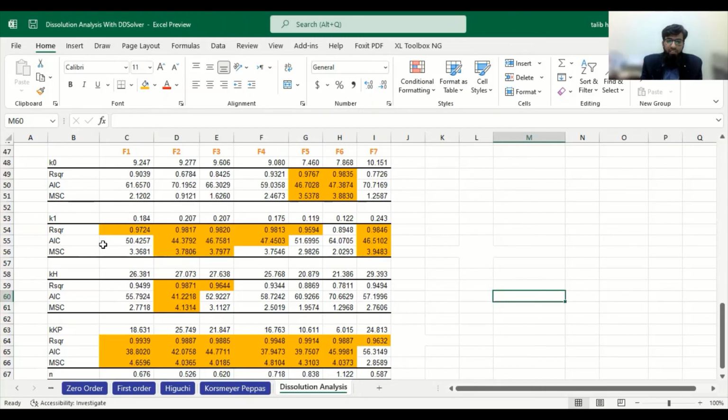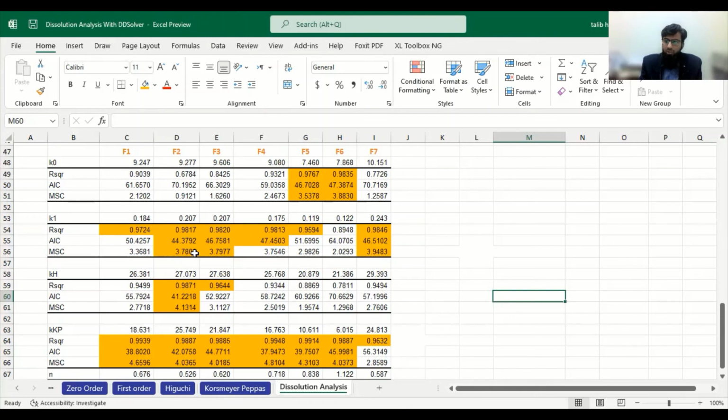Then if we see AIC, 44 AIC for first order, 41 AIC for Higuchi, so 41 AIC for Higuchi is best for the model. So on one parameter we have selected Korsmeyer-Peppas, and on one parameter we have selected Higuchi. Then we come to MSC. The MSC value is 4.1 for Higuchi, 3.78 for first order.